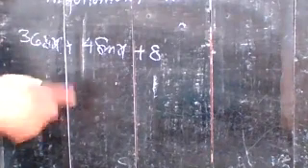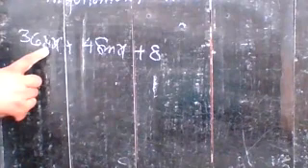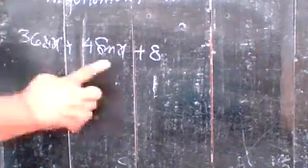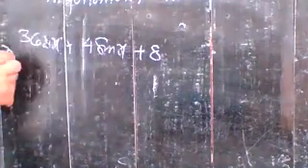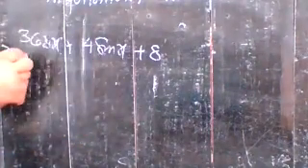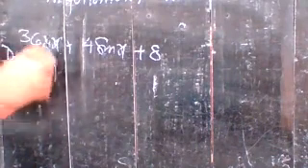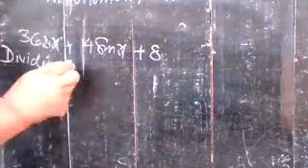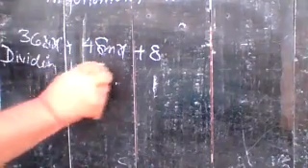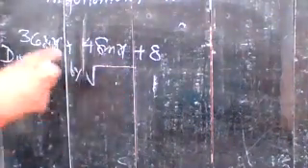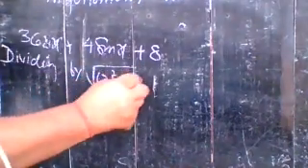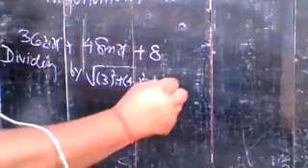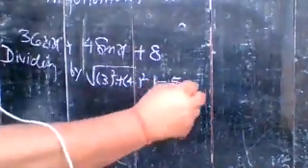So here you find the range of the function, or you can say the minimum and maximum value of the function. Here the coefficient of cos x is 3, and the coefficient of sin x is 4. So what you write here is dividing by under root of square of 3 plus square of 4. And square of 3 plus square of 4 is 25, so the root is equal to 5.